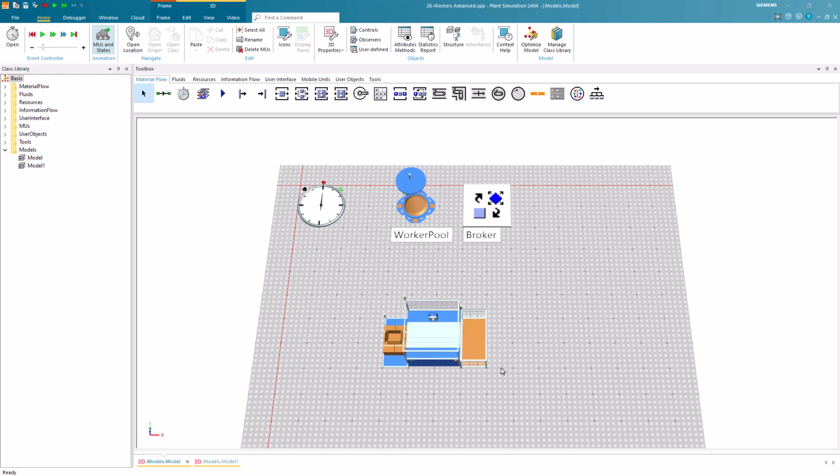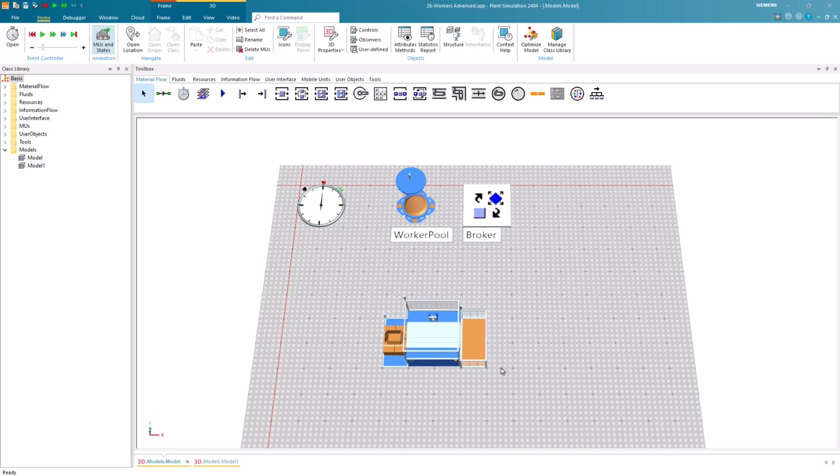The first concept we want to introduce is the home location. This is a new feature enabling us to let the worker wait at a certain place after completing the job. In the previous version, the worker would either stay at the workplace or walk back to the worker pool. Now, we are able to define a workplace at which the worker should wait. Additionally, the worker will be immediately beamed to his workplace at the start of the simulation.